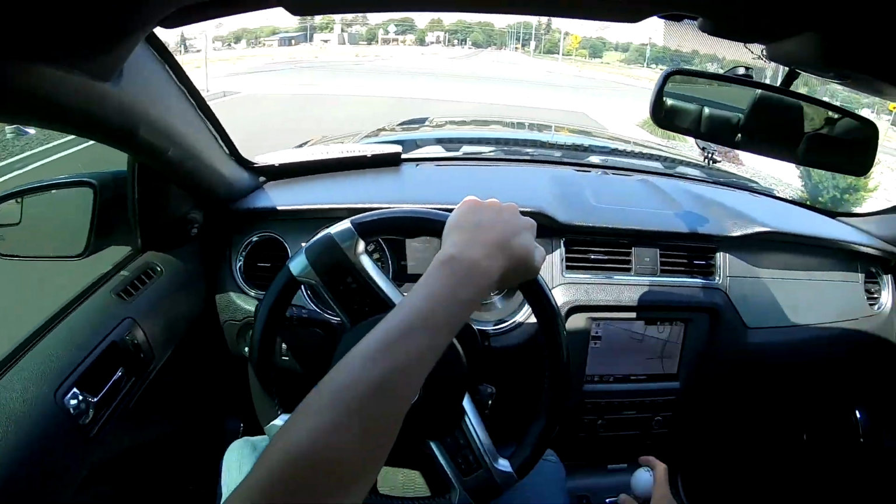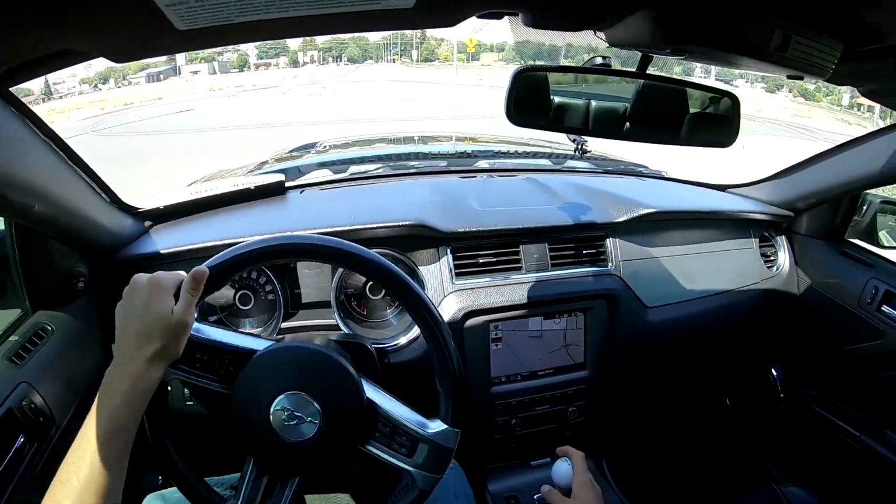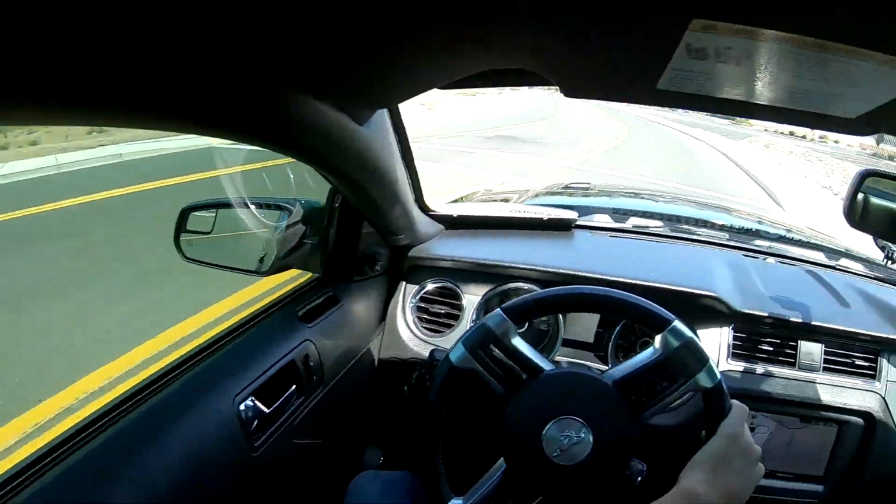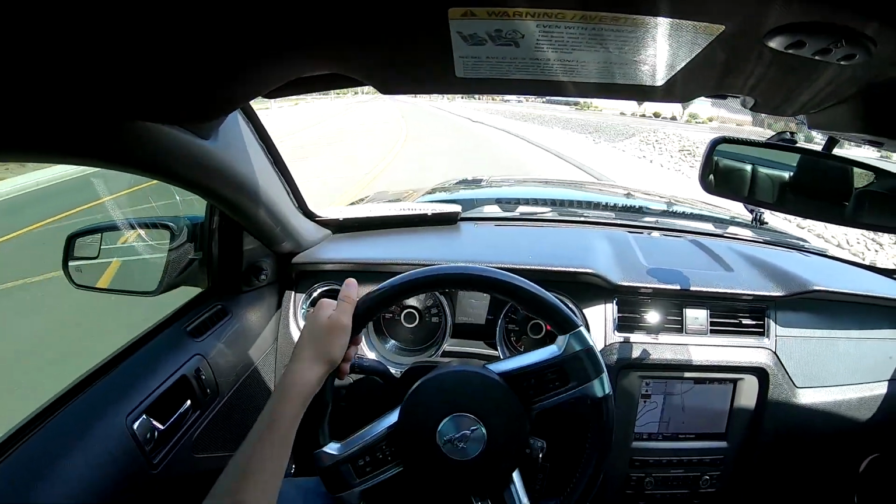As we first start off driving, you guys can obviously tell that this thing is kind of torquey. And I'm not talking torquey like Miley Cyrus, I'm talking torquey like...